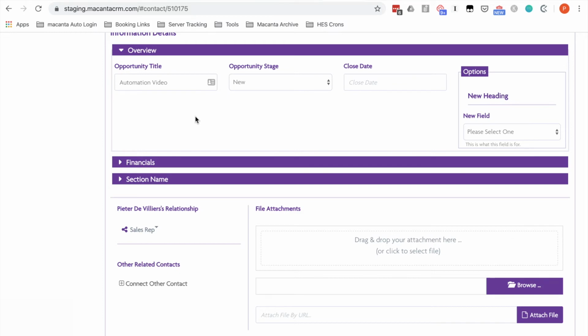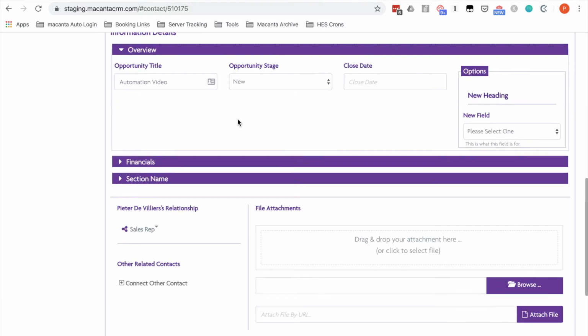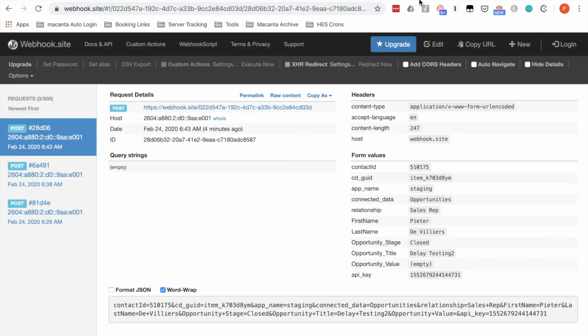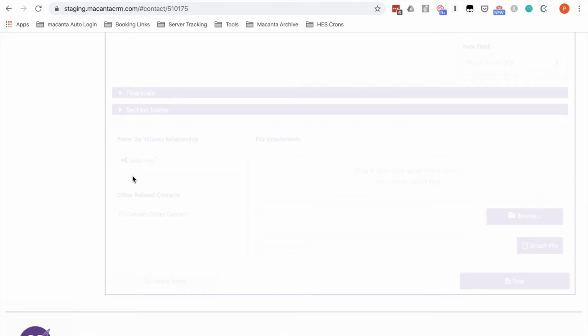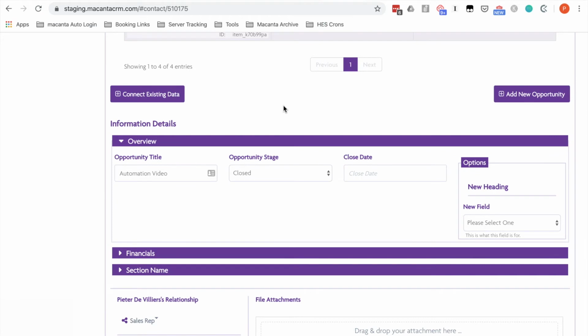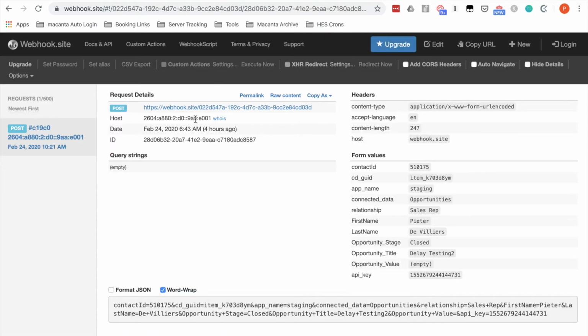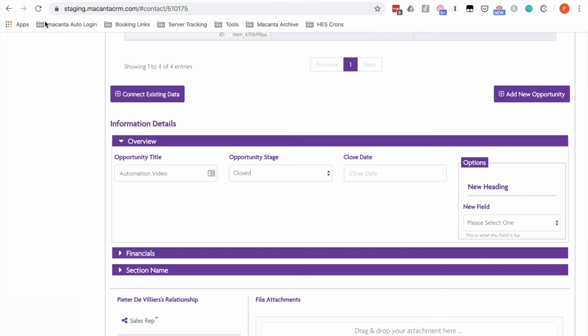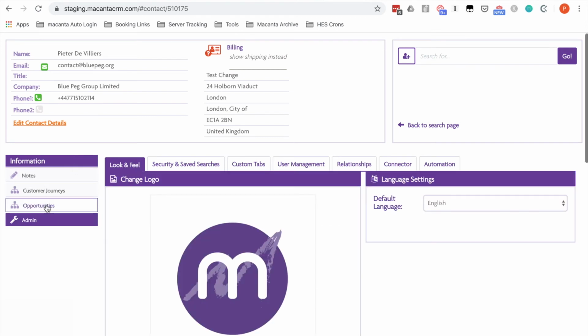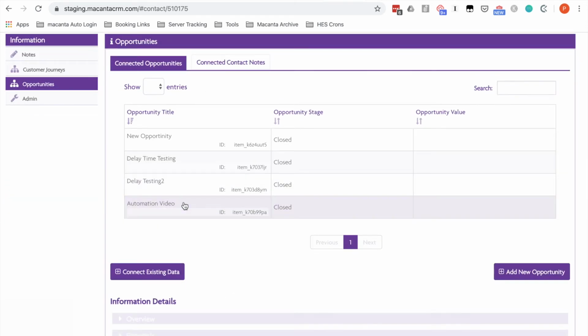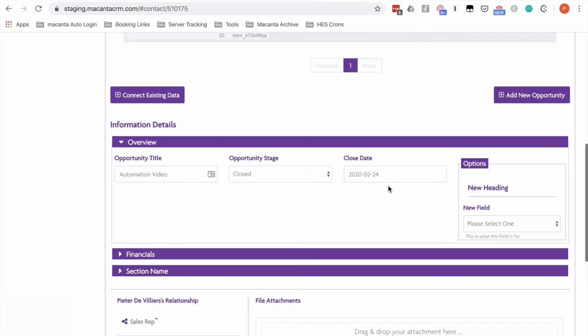We can then go in and just check our webhook, get rid of the old ones. So that's now clear. And then I can go in here and set this opportunity to closed. I can save that. Okay, so now in a moment, that's already run. You can see the webhook has fired here, and I go and refresh, and then you can see on our opportunity automation video, the close date has been set to today,